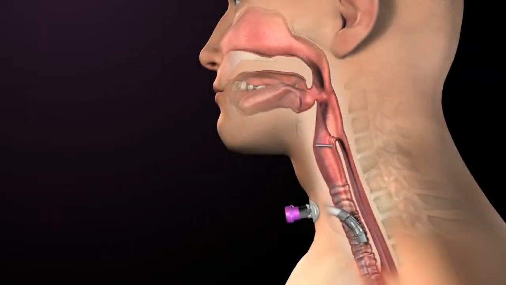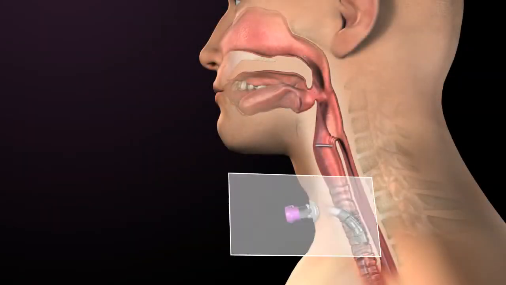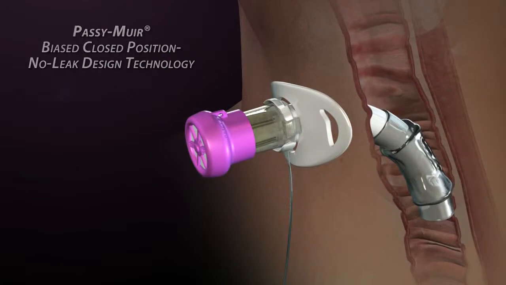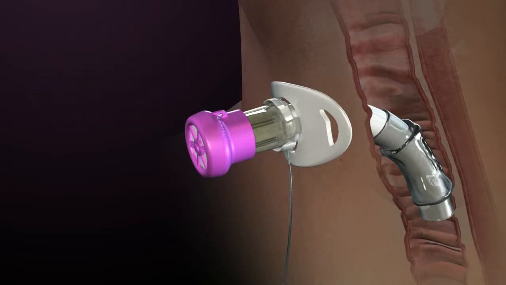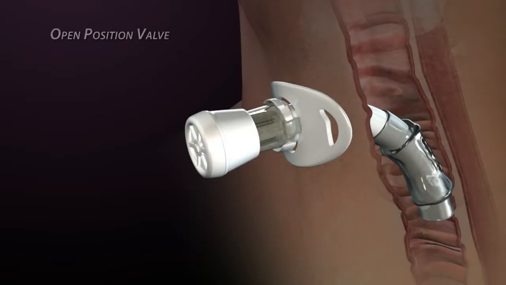The Passy-Muir tracheostomy and ventilator swallowing and speaking valves incorporate a unique patented design feature that translates into significant benefits which are exclusive to the biased closed position no-leak design. To understand the principle behind the Passy-Muir patented feature, it is important to first understand how an open position valve